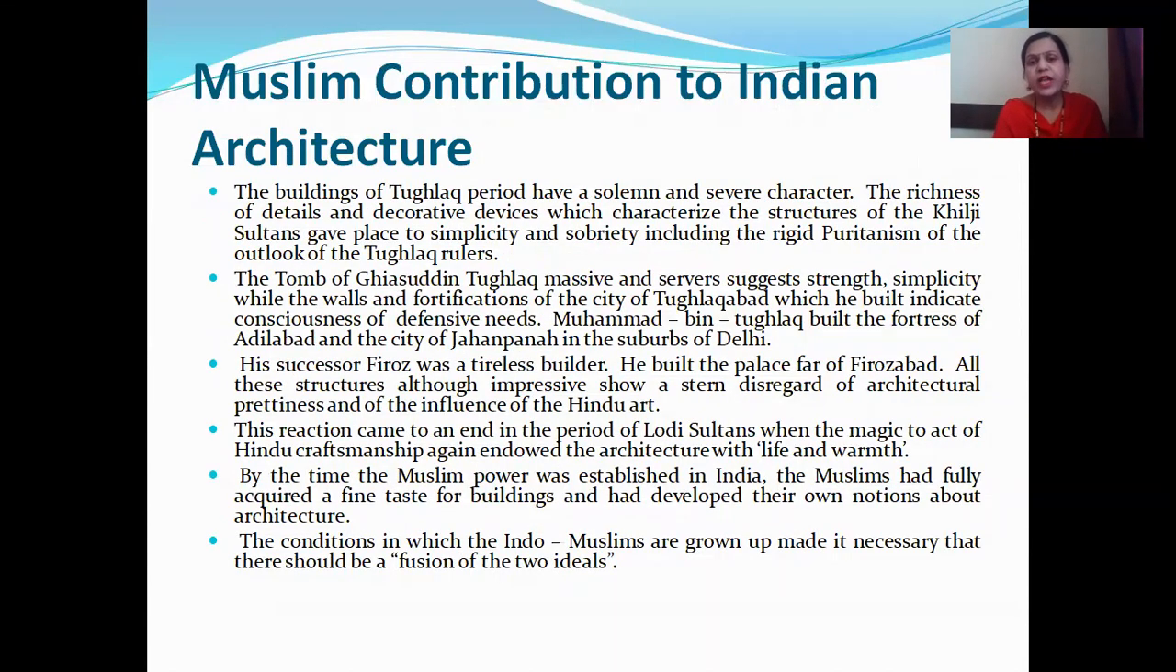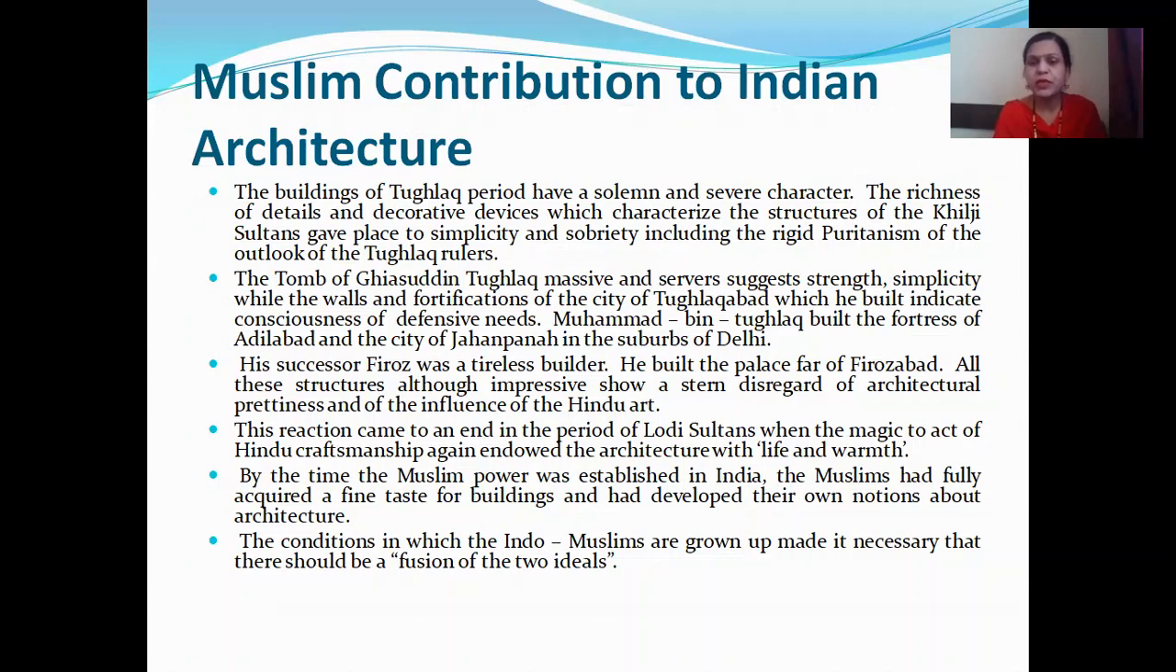The buildings of the Tughlaq period have a solemn and sober character. The richness of details and decorative devices which characterize the structures of the Khilji sultans gave place to simplicity and purity, reflecting the rigid puritanism of the outlook of the Tughlaq rulers. So in this art and architecture, every ruler patronized the artisans, but their style of building was totally different. The tomb of Ghiasuddin Tughlaq, massive and sober, suggests strength and simplicity, while the walls and fortifications of the city of Tughlaqabad, which he built, indicate a consciousness of